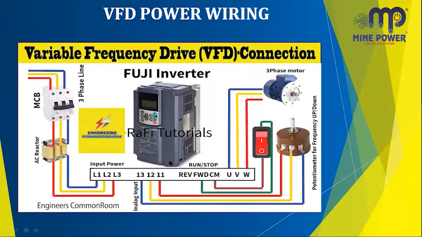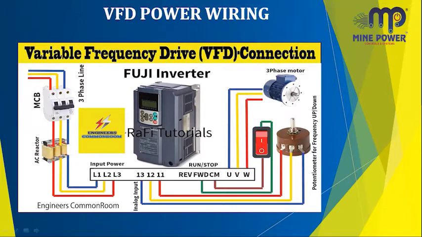Next, variable frequency drive connection. How it's connected, we can see through here. First of all, the input line goes to the MCB. MCB is a switching device. It's used to switch the supply to the next part. The supply comes to the rectifier, and from the rectifier, L1, L2, L3. L1, L2, L3 is the input of the drive. Line 1, line 2, line 3. It's mentioned in input power.